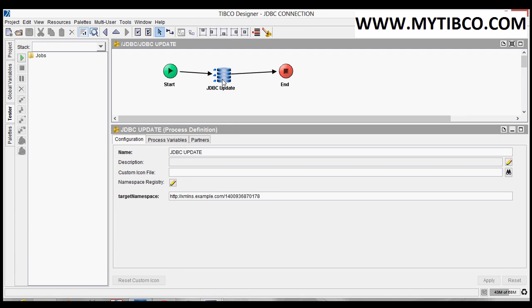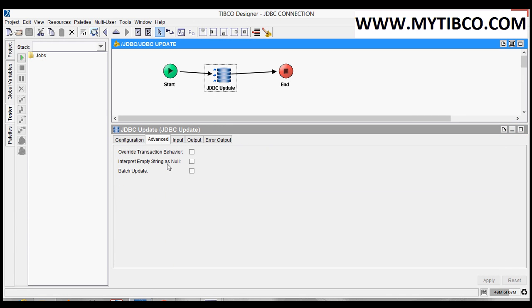Next one, interpret empty string as null. Here we have an option. For example, when we get dynamic values, some values can be empty. In such situations, instead of entering empty strings, we can give null values to the database.